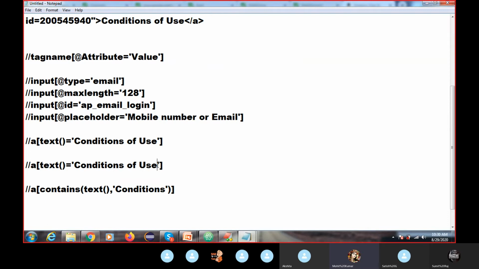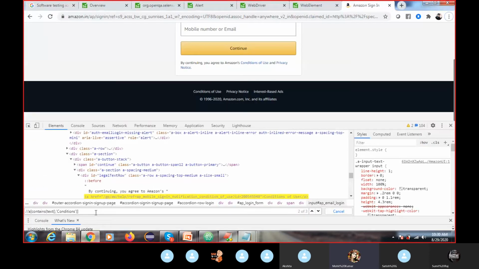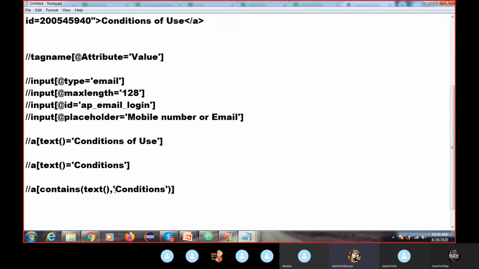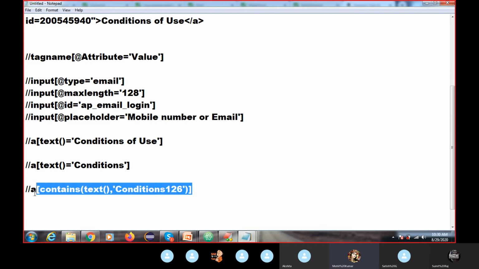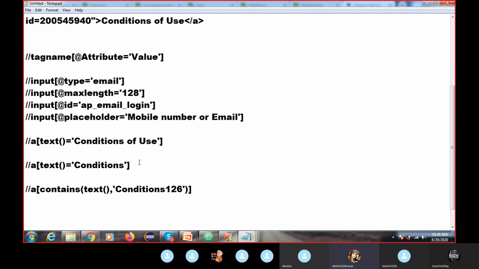But if you remove this in the text function, you can see it is not working. Got it? What is the difference between these? If your element is changing dynamically, tomorrow if you refresh it will be 4 or 5 or 6, then the contains function will work, but the text function will not. You have to give the exact string. This is one thing.